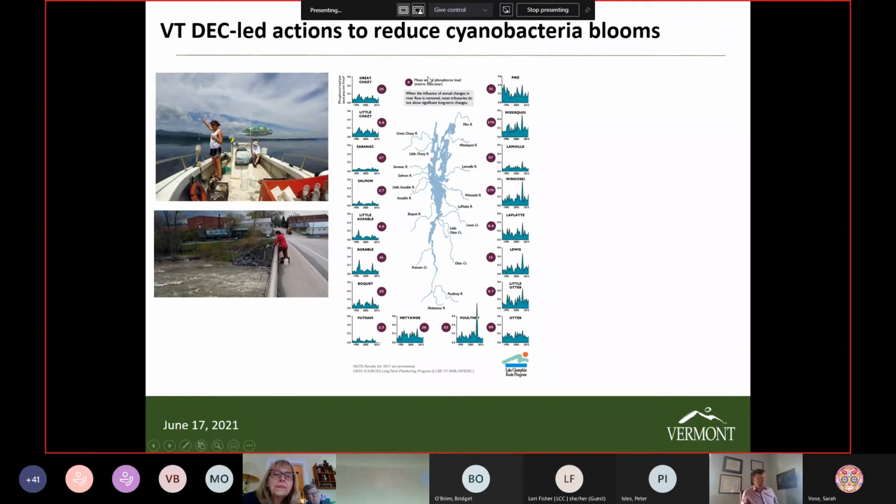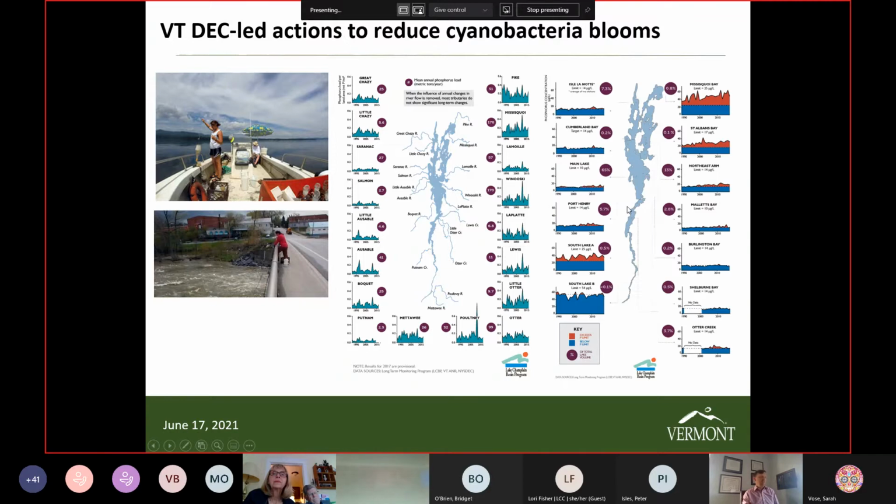What this map is showing is our annual loads from a few years back. And you can see that the tributaries to Lake Champlain that had the highest loads into the lake were the Missisquoi and the Winooski. So in those rivers' watersheds, that's where we focus a lot of our efforts to reduce phosphorus loading. And we also look at phosphorus concentrations in the lake, to see where the areas with the highest concentrations are, and try to focus projects in those areas as well.